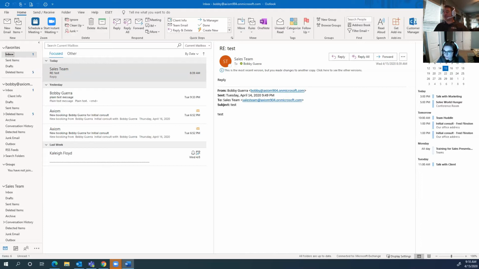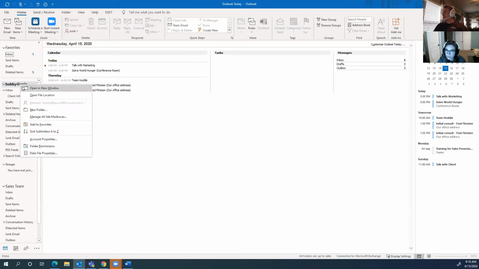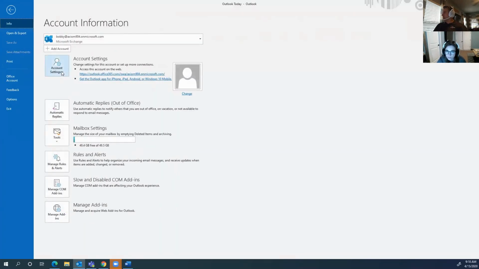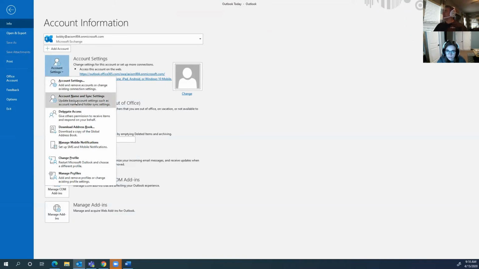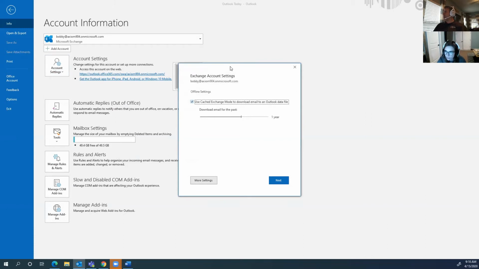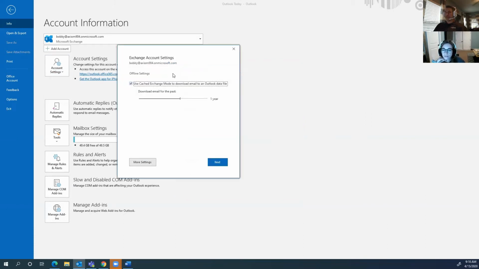So that's where cache mode starts to really shine. You can set it when you get your Outlook and you go to configure it and set it up. What you want to do is right-click on your account name, which I'm doing here. Can you see that, Kaylee? Mm-hmm. And you go to account properties. Mm-hmm. And then you drop this account settings, and under here is account name and sync settings. And when you click on that, this little beauty shows up. So this is where you can determine how much it's really going to pull down and leave the rest out there on the 365 cloud.